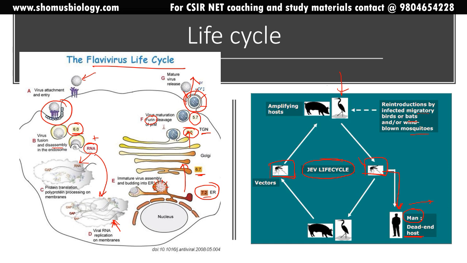The flavivirus life cycle is accomplished. Okay, and it has a series of pH variants of how exactly they will modify themselves, and they'll move from the start point of entry into the host cell to the exit out of the host cell. So that's the overall idea about the Japanese encephalitis virus and the Japanese encephalitis virus life cycle.